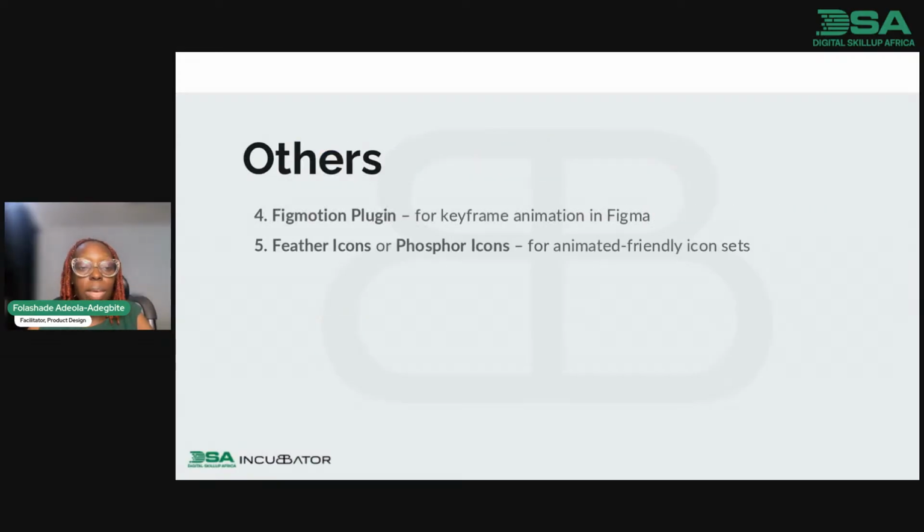Then others, we have other plugins. We have Figmotion plugin for keyframe animation in Figma. Then we also have Feather icons for animated friendly icon set. These things are available on Figma. These plugins,